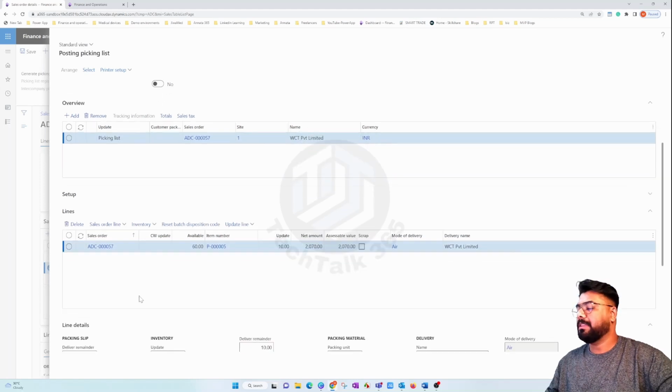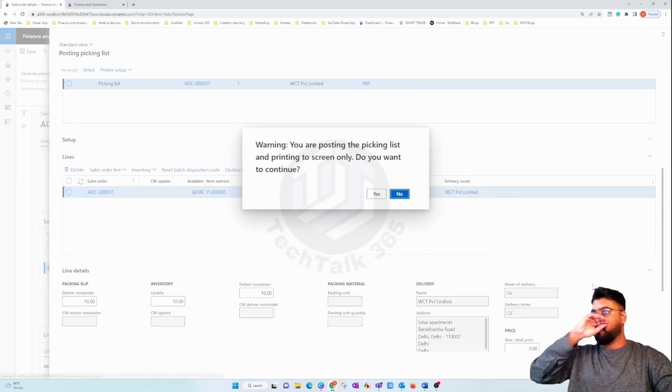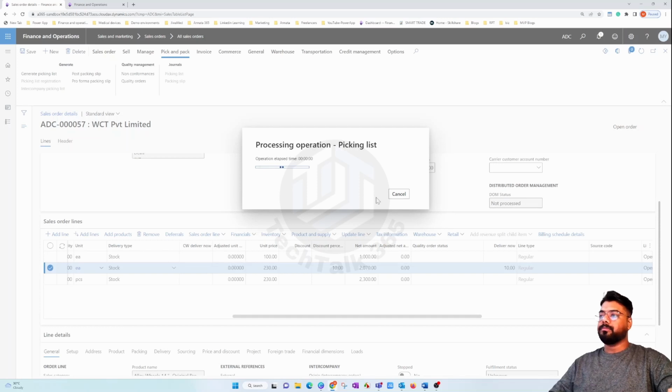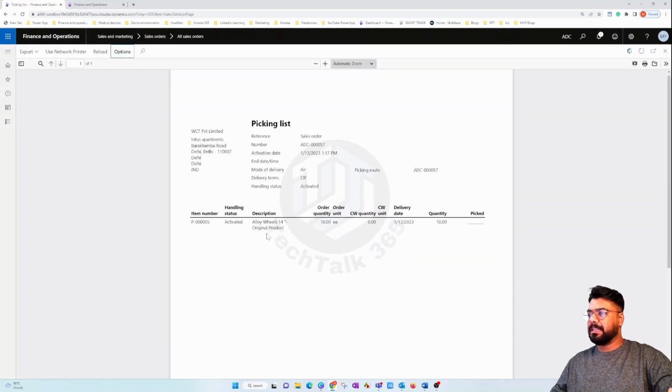So now I'm going to communicate this to my warehouse worker and print a picking list and share it with the warehouse worker. The picking list is getting printed and also getting posted. So that's the picking list, and that picking list only has one line, and once they pick it, they will mark it